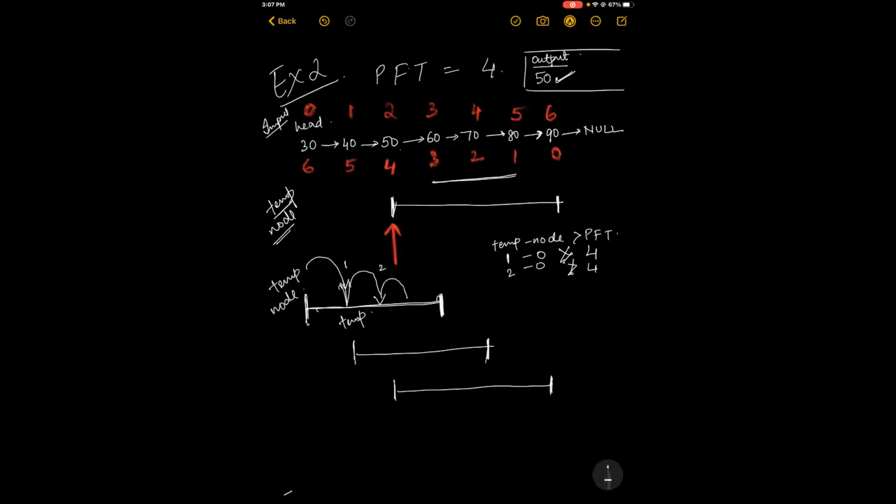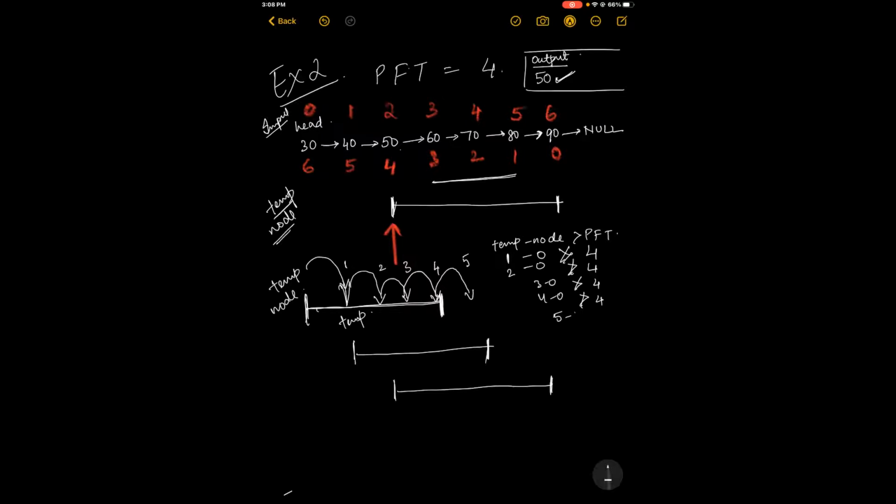Again it will move one step forward. This is 3. Again 3 minus 0 is not greater than 4. Again it will move one step forward. 4 minus 0 is not greater than 4. And now from here it'll again move one step forward, that is at the 5th index value.